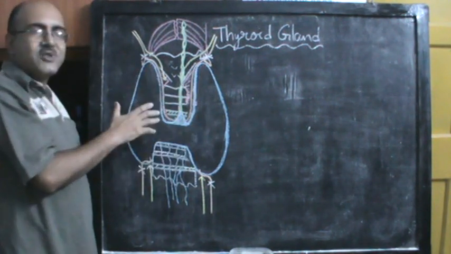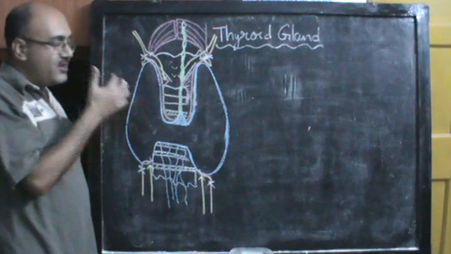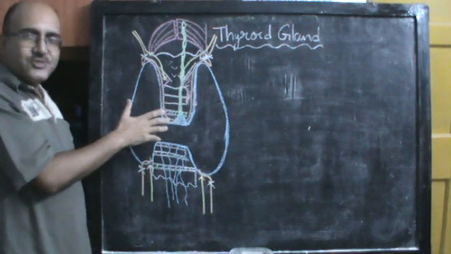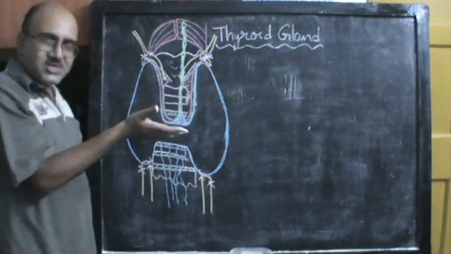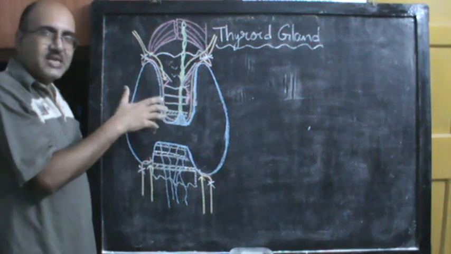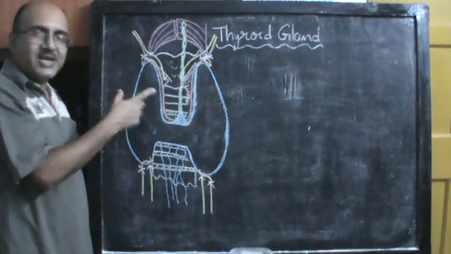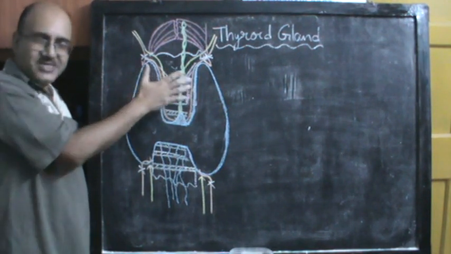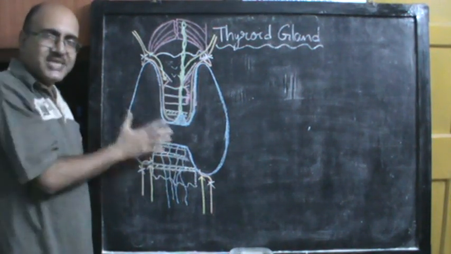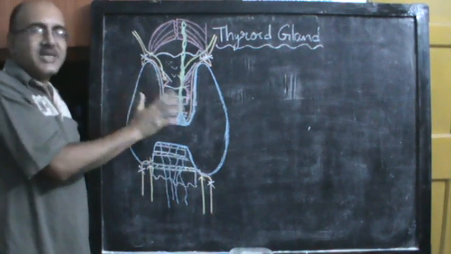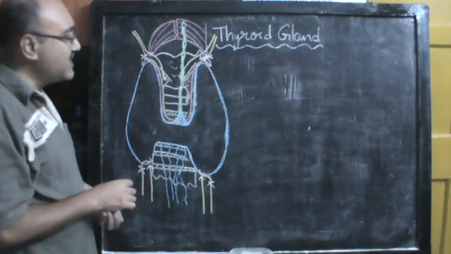Underneath that false capsule there is a true capsule which is formed by condensation of the fibrous tissue of the gland itself, condensation of the fibrous stroma of the gland. So the thyroid has got a true capsule formed by condensation of its fibrous tissue. It has a false capsule outside which is formed by the pretracheal layer of the deep cervical fascia, and within the true capsule there is a venous network within the thyroid gland. So deep to the true capsule you have a venous plexus within the thyroid gland. Therefore when you have removed the thyroid gland by incising the pretracheal fascia, you are also removing that venous network.